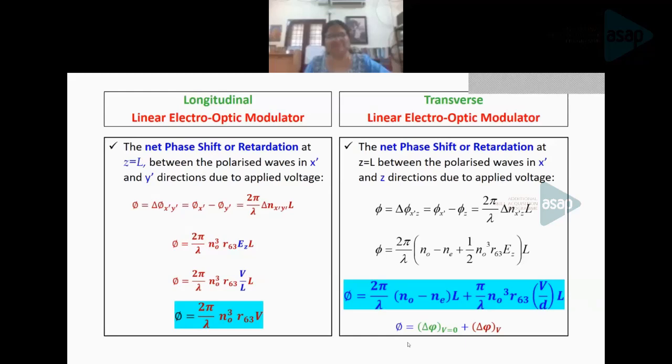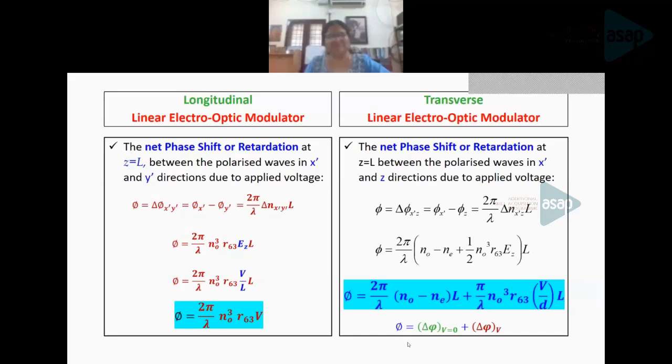Now the half voltage comparison. In the case of longitudinal electro-optic modulator, we have already seen that the half voltage is lambda by N0 cube R63 times 1 by 2, and we have estimated the value for KDP as 8.3 kilovolt. But in the case of transverse electro-optic modulator,